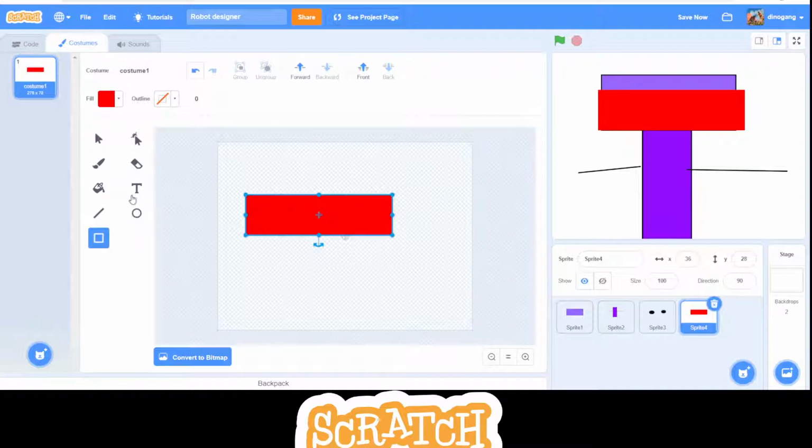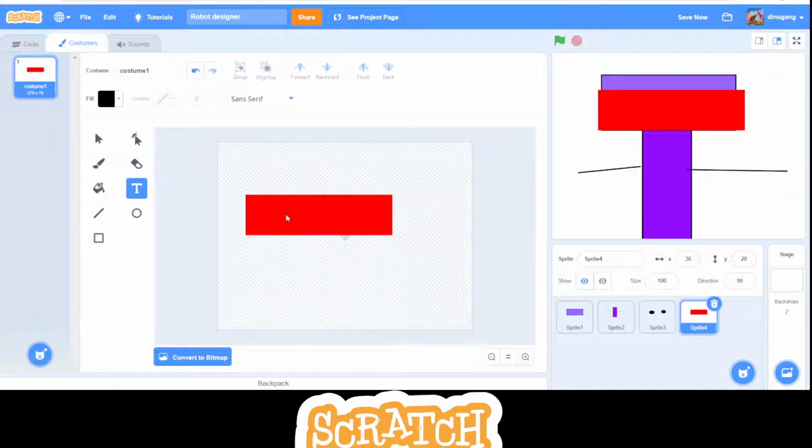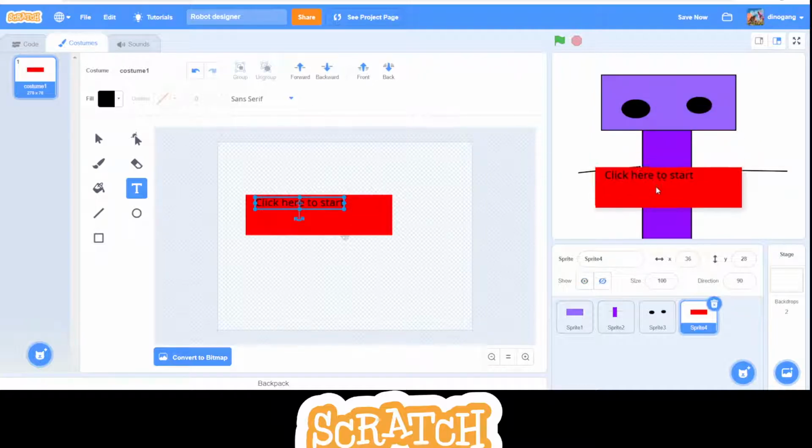And then text. Sorry. Do black text. Click here to start. There we go. We can put it down here. Okay, and then after that,